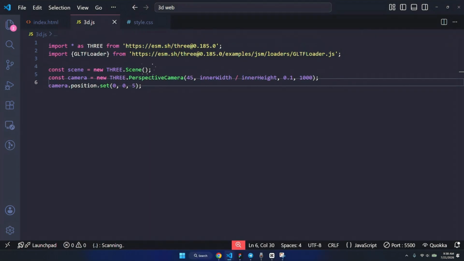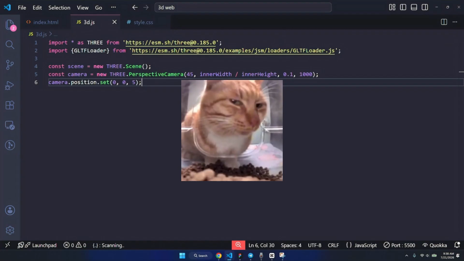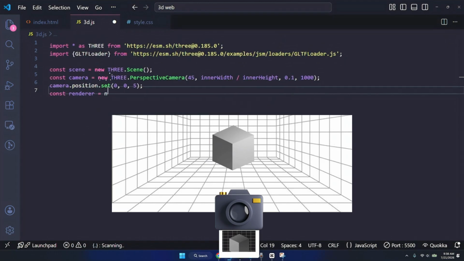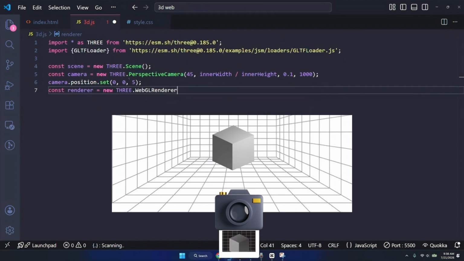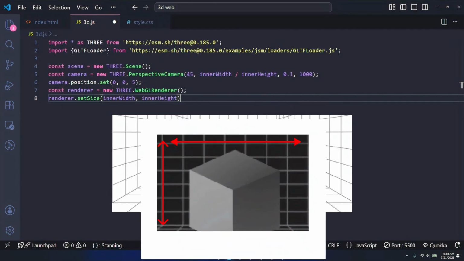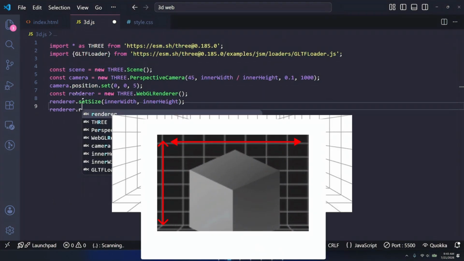So have we seen the 3D model? No. The camera and the scene are just tools. The image captured by the camera is what we can actually see. I'll call it the renderer. This image will be sized to fit the device's screen. Now we just need to render the scene